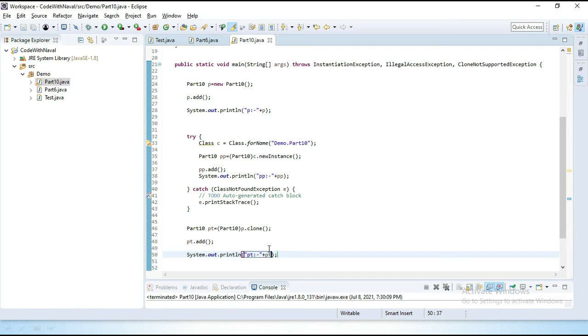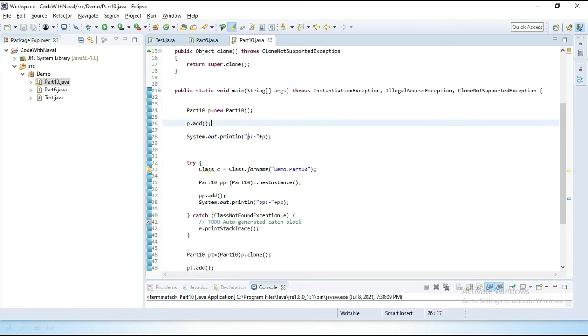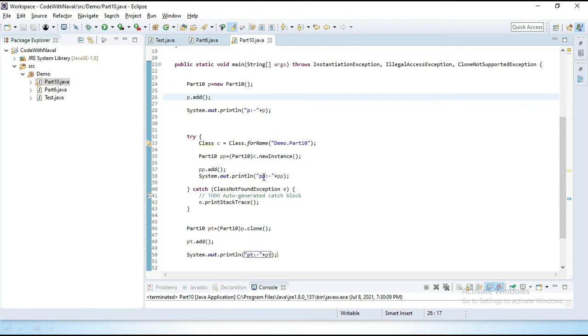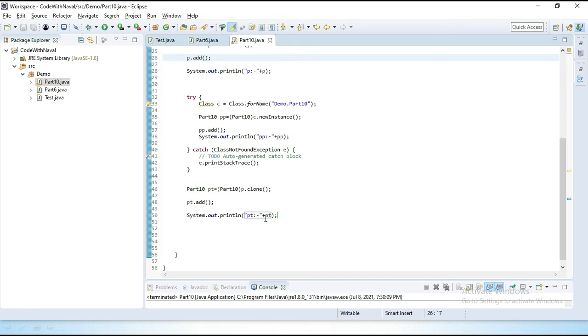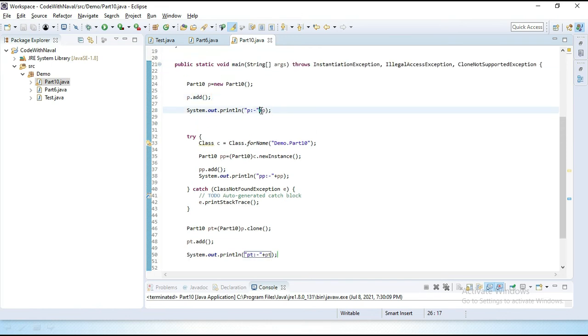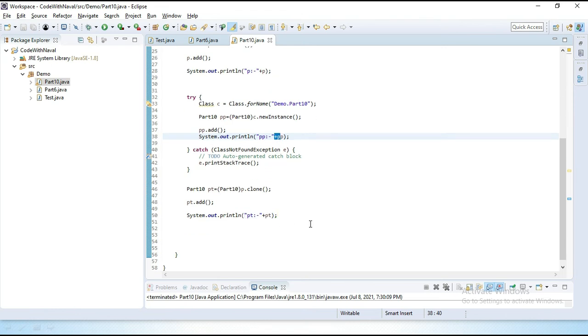Here we also added p colon plus p, and pp colon plus pp, then pt colon plus pt. Let's check all object addresses should be different. Let's save this and run this application.